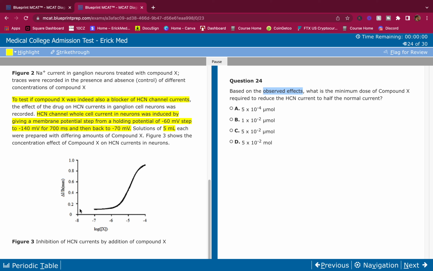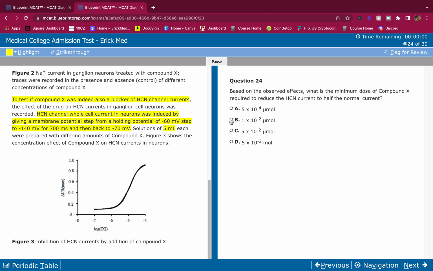Okay, so here is the data here. It goes, and goes up. All right, and they want to see to reduce the current to half. All right, 7 is not reducing in half. 6 is not reducing in half. 5 is like up here. It matches with, and I could say that that's half. Here's 5. This is half of the data, and this is the other half of the data. So I like 5. 4 is way too high. That's like 100%. Okay, so 5 is a good number here. Negative 5 is the concentration. All right, log of -5 is the concentration that's needed to reduce the HCN current to